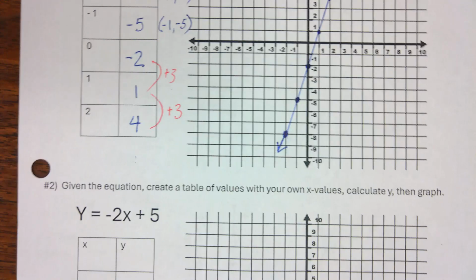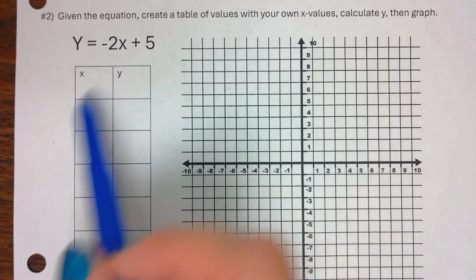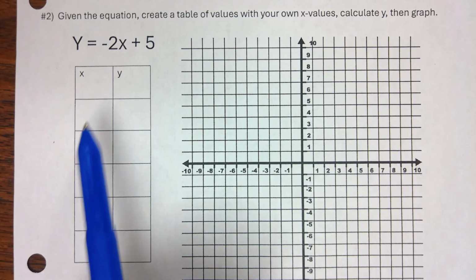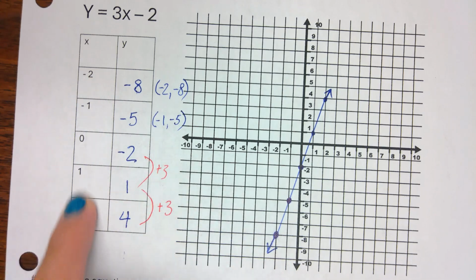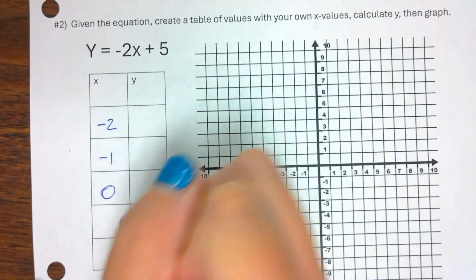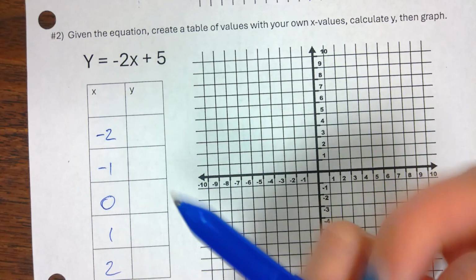Okay. Number 2 right here. What's wrong with the table again? What's wrong with my table? Yep. There's nothing. There's no numbers. So what can I do? Sorry? Yeah, x could be anything. So I could simply just do negative 2, negative 1, 0, 1, and 2 as my x values, and then sub it in as is like this. So this will give me,